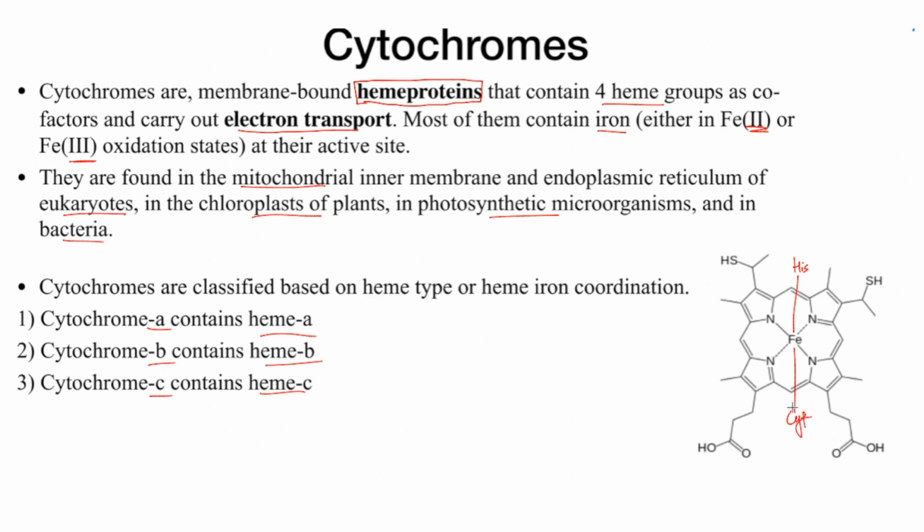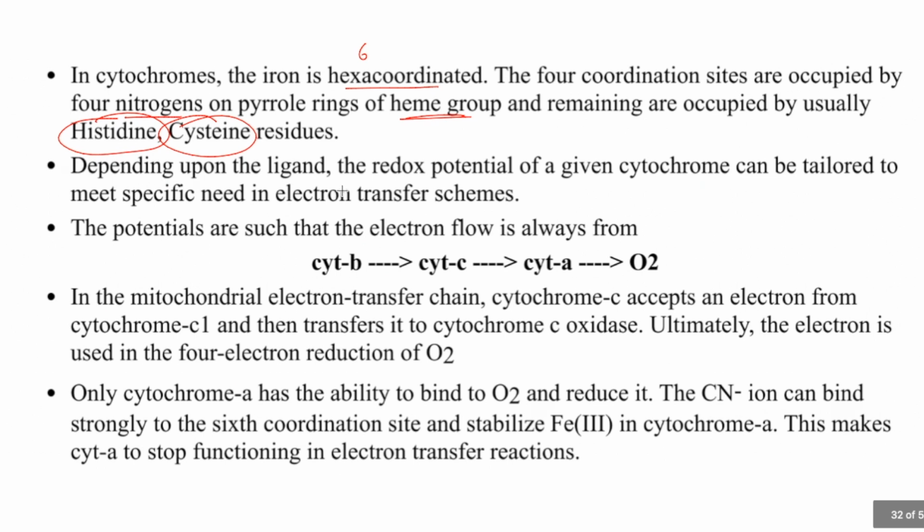Cysteine. So yeah, CYS, right? So next thing is, depending upon the ligand, the redox potential of a given cytochrome can be tailored to meet a specific need of electron transfer. Potentials are such that electron flow is always from cytochrome B to cytochrome C, then to cytochrome A, and then